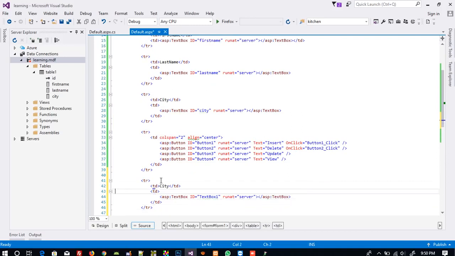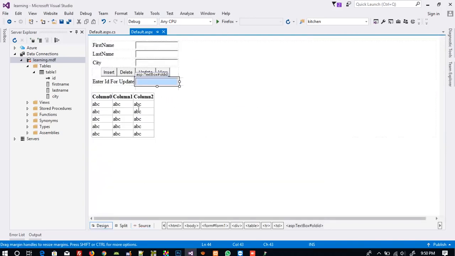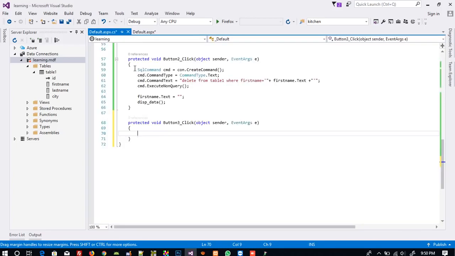I am going to take here enter ID for update. Here I am going to write old ID, so you get exact idea. Now I am going to press update. Here also we need to copy and paste,